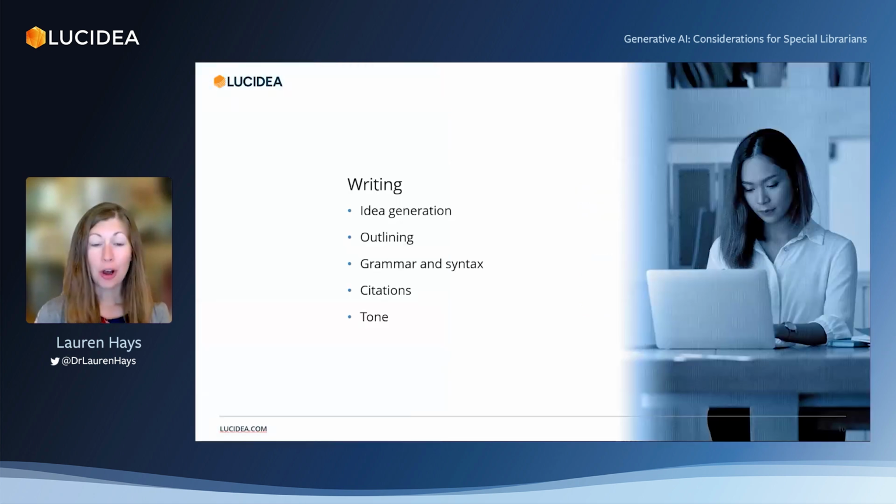So AI also can assist with a lot of writing. A lot of the initial conversation around generative AI had to do with writing and how there was quite a bit of understandable concern about how it was changing how we write, especially when we're thinking about a higher ed perspective,